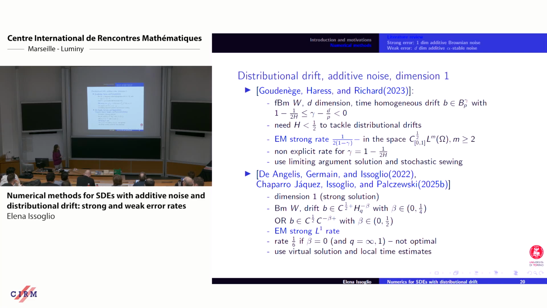However, this rate is not optimal because when beta is 0, so beta is the irregularity parameter, this C0 is more or less bounded measurable. And so we would like to recover what was obtained coming from the positive side, which was 1/2. The rate was 1/2 in bounded measurable. And instead, we are at 1/6, so well below the optimal.